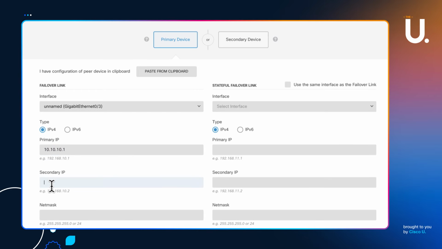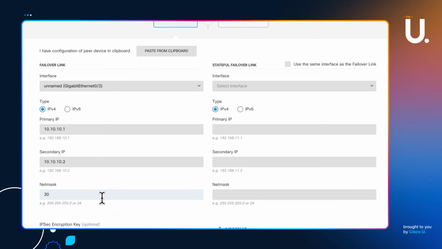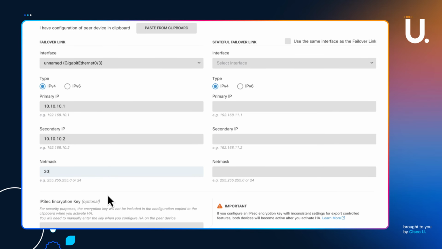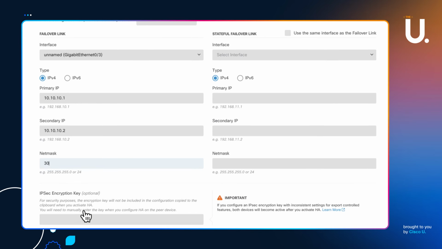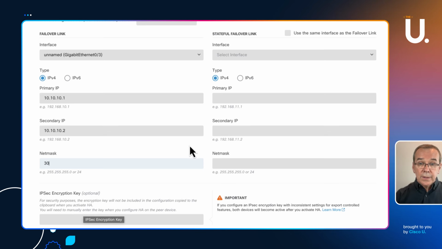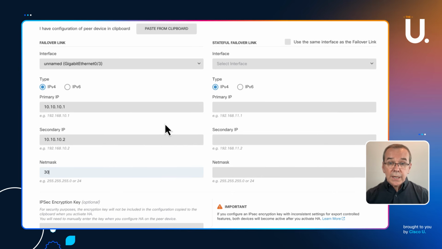It's entirely up to you what addresses you give here. You have to assign an address for both the primary and the secondary. And if I assign a net mask of 30, that's going to mean a two-host network. Those are the only two addresses that can communicate in that particular subnet. Now, I could encrypt the communications. I'm not going to do that. Now, the failover link,